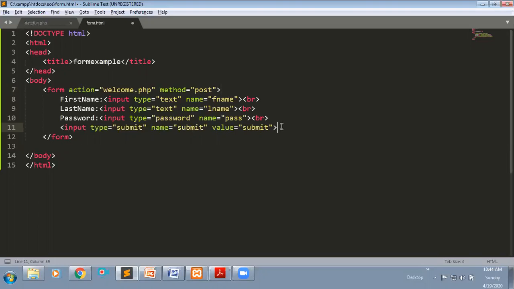This is a small introduction to HTML forms. Forms are used to get data from the user by using different input fields like text boxes and password fields. Then we have different input fields, which we will see in the next class.